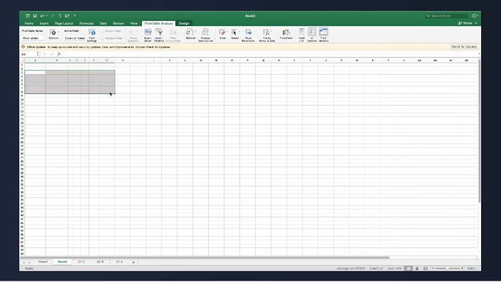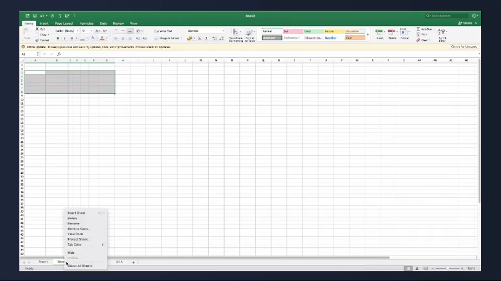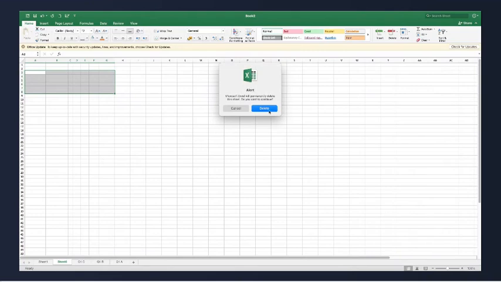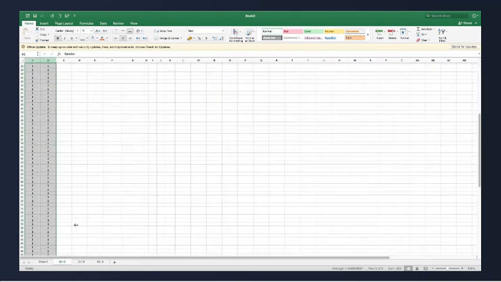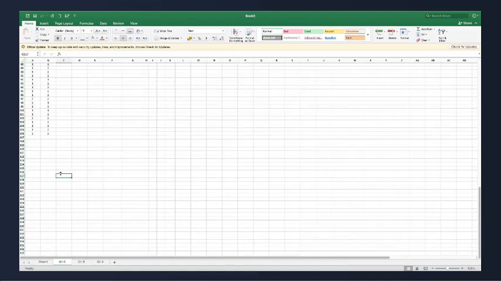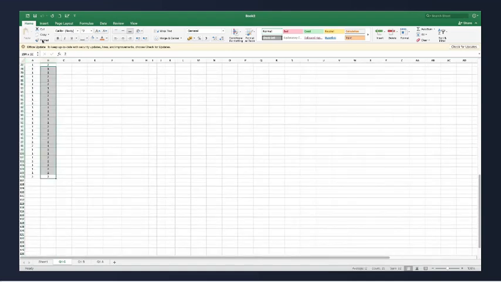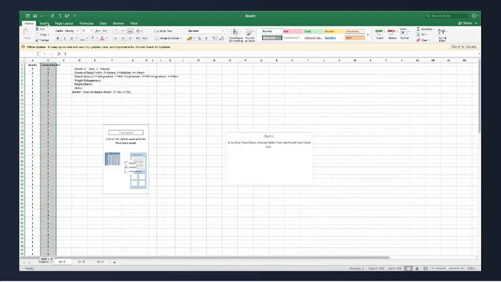Again, same mistake, it is happening. Let me select only this data because it is taking my enter data also.